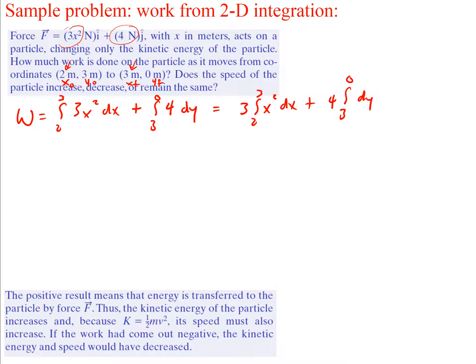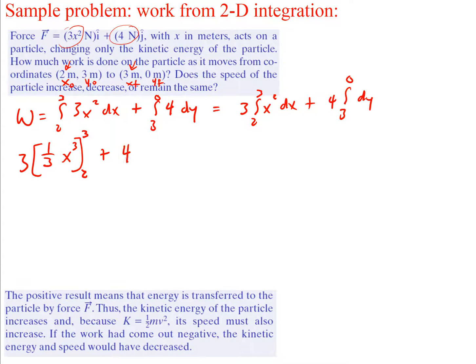So we just have the integral of dy at the end. All right, so what does this look like? Well, this is going to be 3, and then the integral of x squared is going to be x cubed divided by 3. You always increase the power by 1 and then divide by that number. So that's going to be 1/3 times x cubed, and this is going to be from 2 to 3